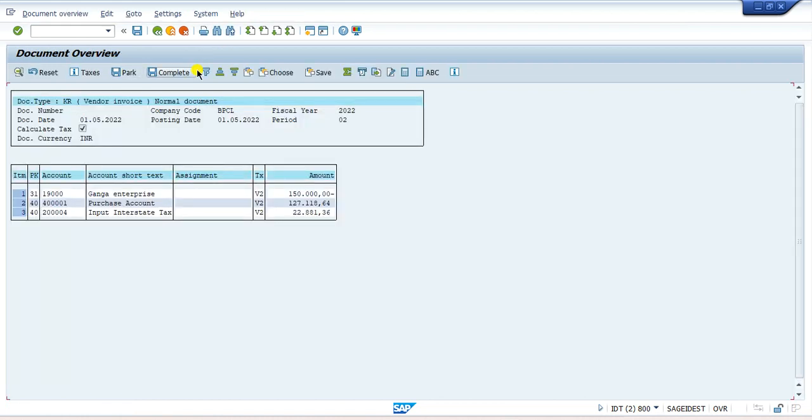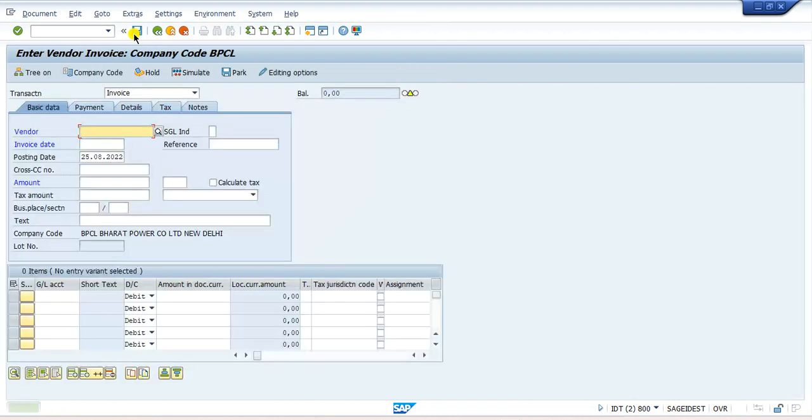Ganga Enterprise account, purchase account debit 40, input interstate tax debit 40, and Ganga Enterprise 31 is credited. Okay, 150,000. Here you can see that the input state tax is 22,881 rupees. Okay, so now we have to post this transaction. We simply post that transaction. Okay, now if you want to see